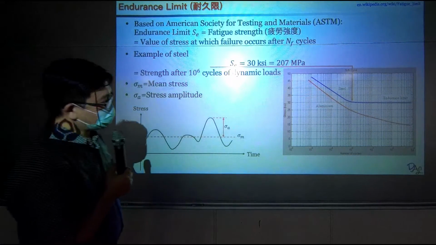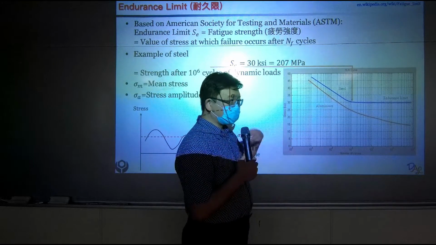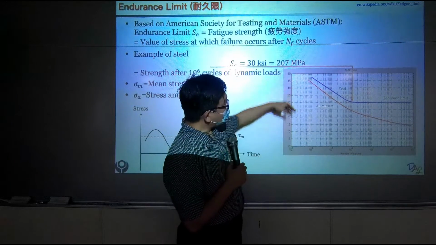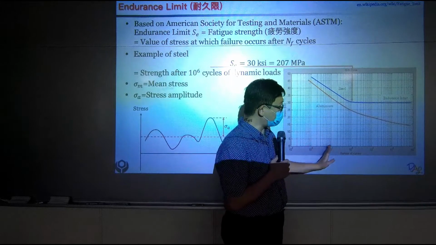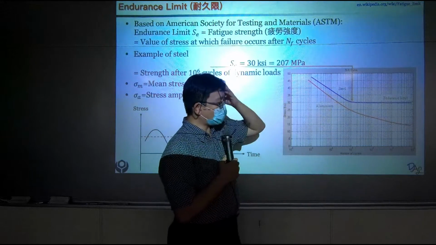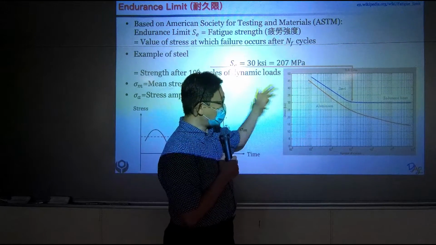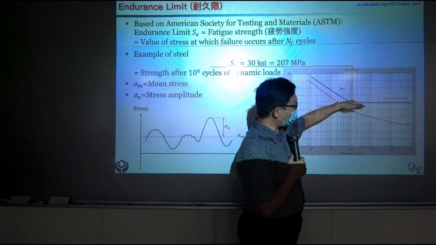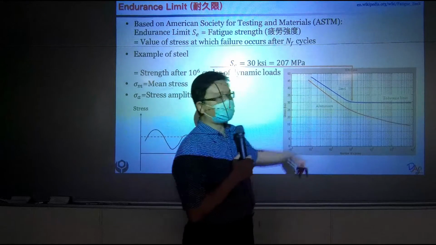From here you can see when it's fresh, not under any load, the strength is higher. But as the number of cycles increases, the strength drops. And just like we talked about last time, the strength will drop to a certain level, and it tends to stay there for most of the